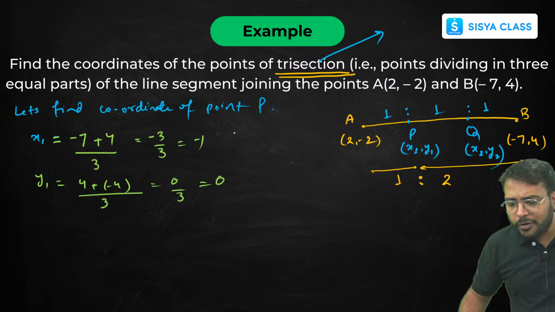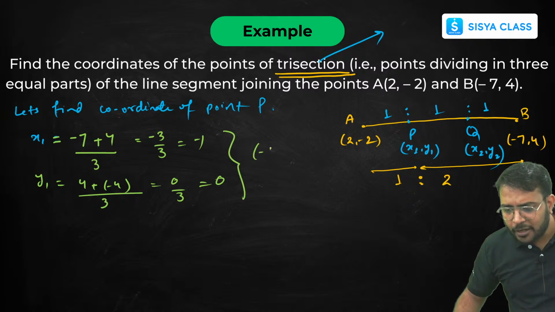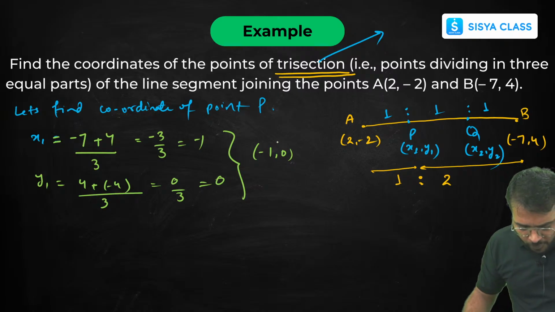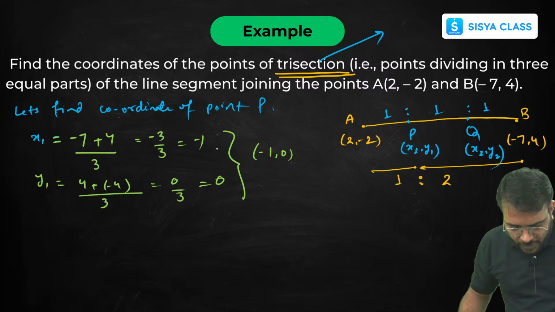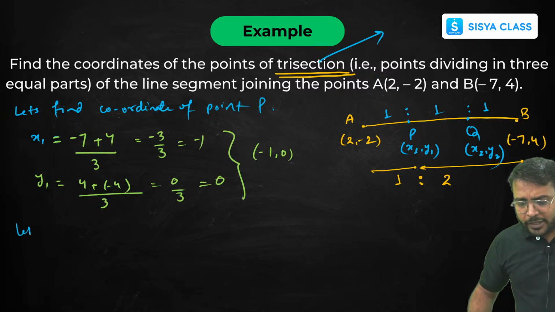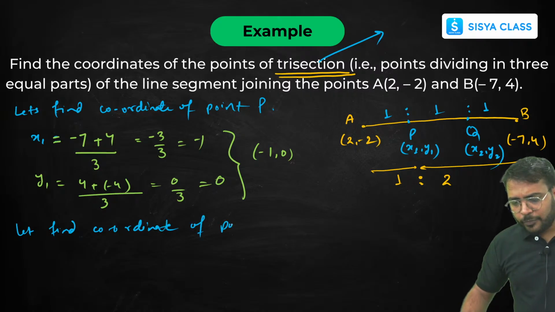तो जो P का कोऑर्डिनेट आएगा बेटा, P का कोऑर्डिनेट क्या आएगा बेटा? -1, 0 आएगा, ठीक है। ओके, फाइन। अच्छा, अब लेट्स फाइंड आउट द कोऑर्डिनेट ऑफ Q। अब Q का कोऑर्डिनेट फाइंड आउट करते हैं, कोऑर्डिनेट ऑफ पॉइंट Q, ठीक है।